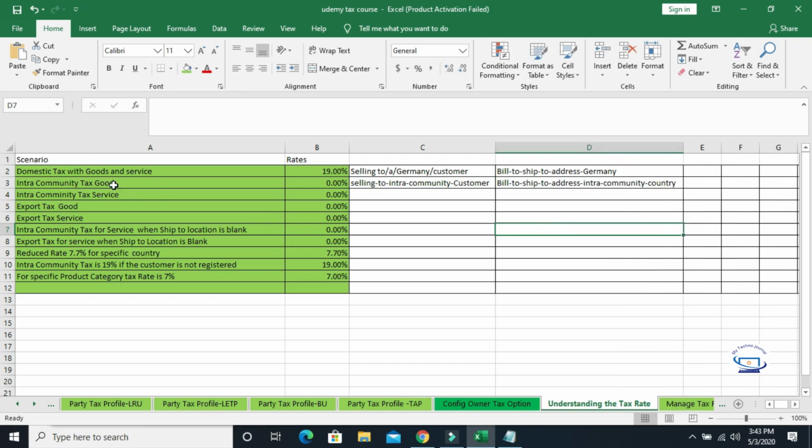So why is it good? That means we are selling goods. The business is selling, the product type is good here. Again, we can define the same kind of rules for an intra-community customer, and it will be a service. Okay. So we have to create a different rule for goods as well as service. If the product type is good, we have to define the rules for this. And if it's selling a service, then we have to create a different rule.